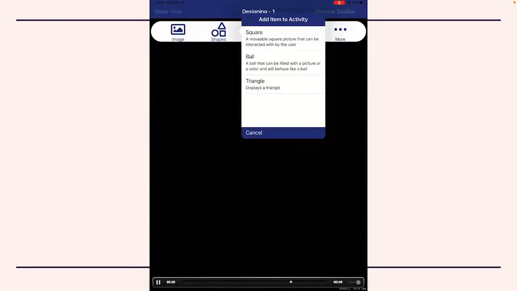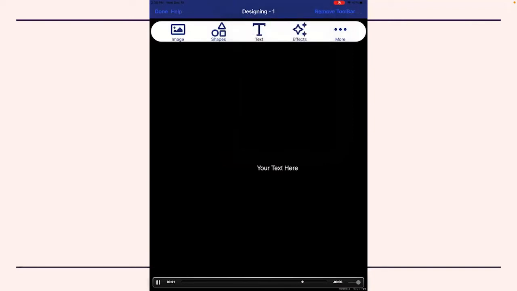So the other option would be in an activity, you might want to add a shape of some kind. So maybe you want to add a square, a ball, a triangle. Those could be things that you want located throughout the screen. Maybe you're working on a shape activity. Maybe you want to say that the child is going to drag the desired image that you want into that shape or whatever. So those are some different basic shapes that you can add into the activity,